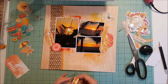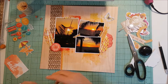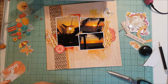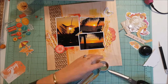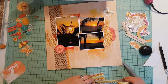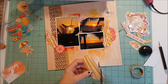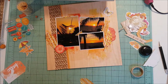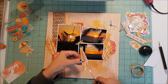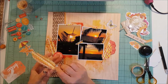So I had a couple left over, but decided I wanted a couple more. So I'm going to make another one. The first one I set aside as it wasn't quite the right colour. So I've grabbed another washi tape from the same set and I'm going to make another one. Cut it away, put some slits into the side, some little marks, grooves down the edge to give it some texture to make it look like a leaf. Add my toothpick